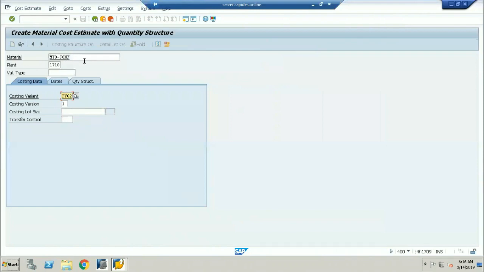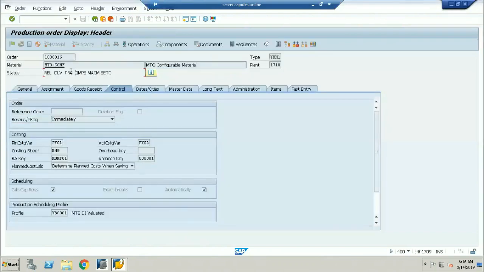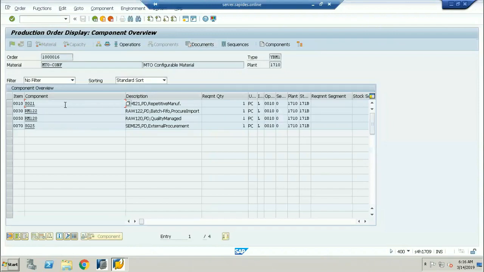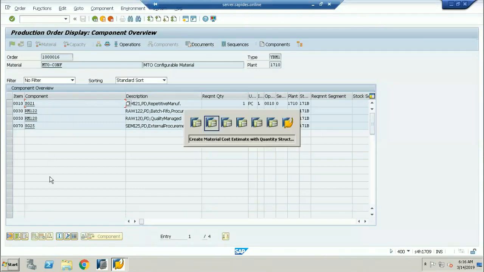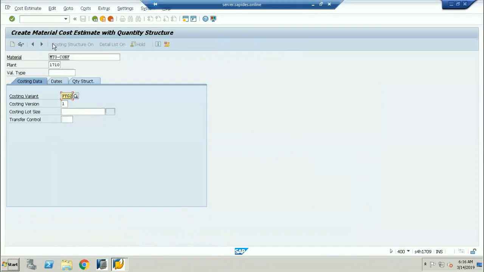But if the material contains multiple components in the BOM, here you're taking the material as a finished product, but under this material there are several components. I cannot go individually, because here I'm seeing 4, but in real time you may have 13, 14, 15, 16 BOM materials. I cannot go single material by material.